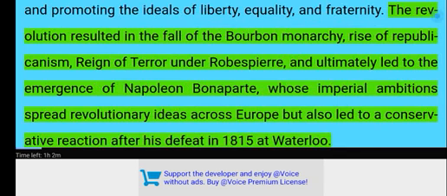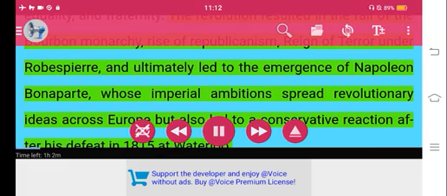The revolution resulted in the fall of the Bourbon monarchy, rise of republicanism, reign of terror under Robespierre, and ultimately led to the emergence of Napoleon Bonaparte, whose imperial ambitions spread revolutionary ideas across Europe but also led to a